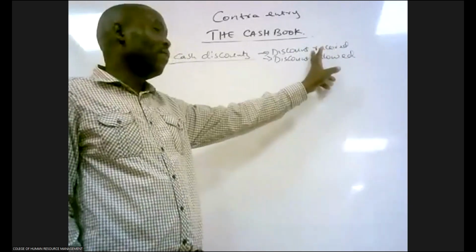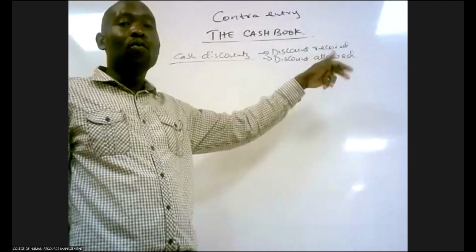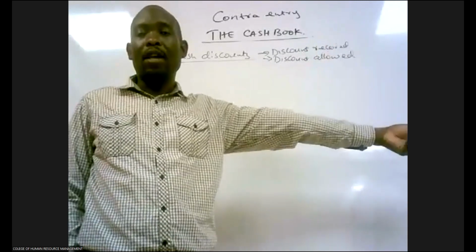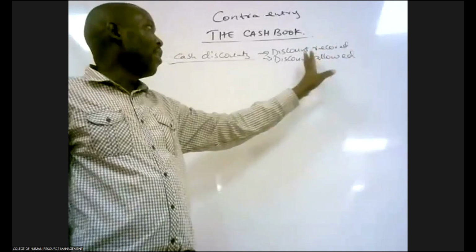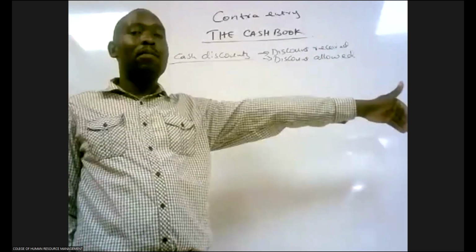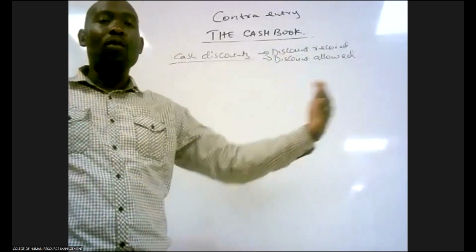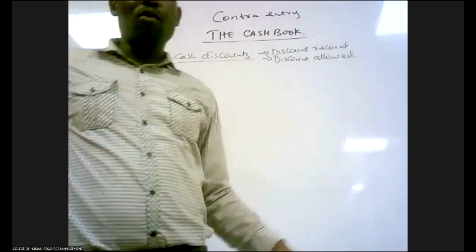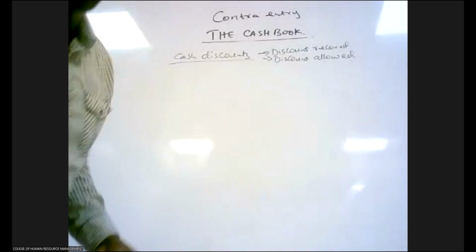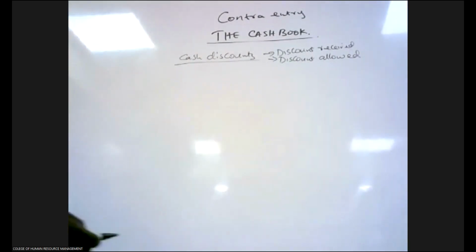So the discount received is on the payment side because we receive the discount when we are paying. And then the discount allowed is going to be on the receipt side because we are going to allow the customers when they are paying us or when we are receiving money from them. So in short, the format for the 3-column cash book is going to be